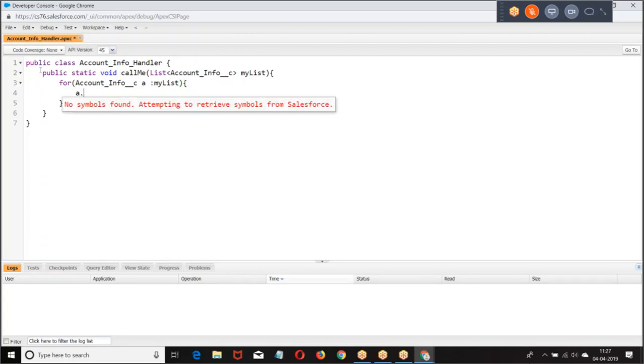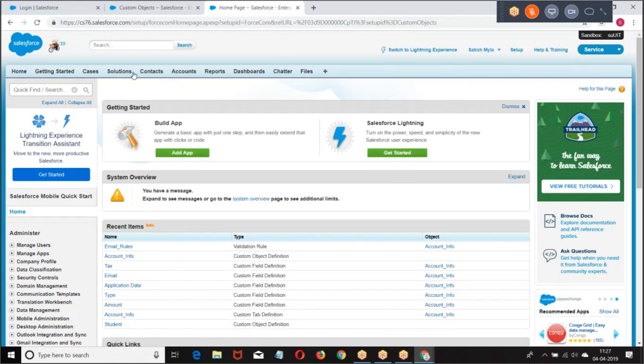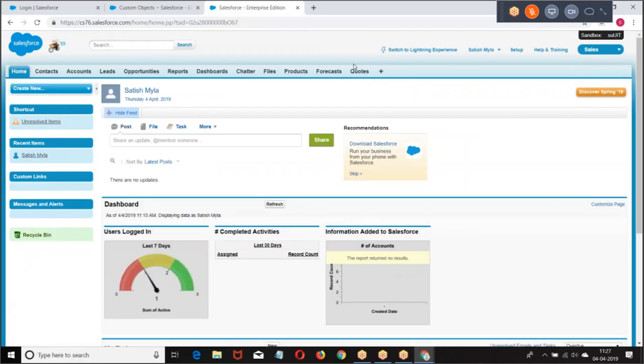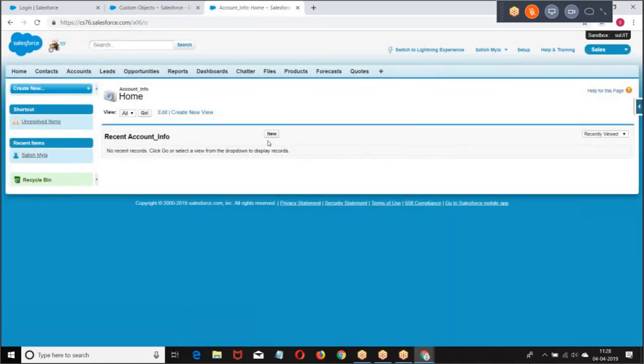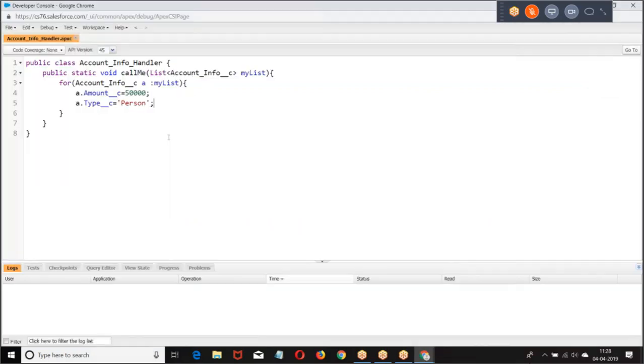A dot type equal to. Info. Right. This is the operation.